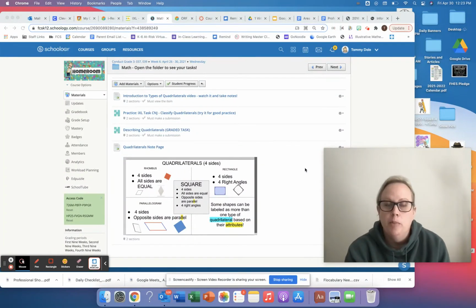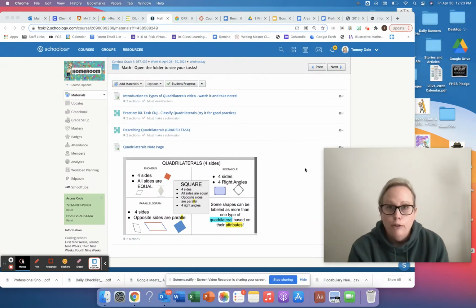I've noticed on work for this week, primarily in math and in reading. So, first of all, I want to talk about the math, geometry, quadrilaterals. A lot of us are struggling to notice that types of quadrilaterals like rhombus, rectangle, and parallelogram have